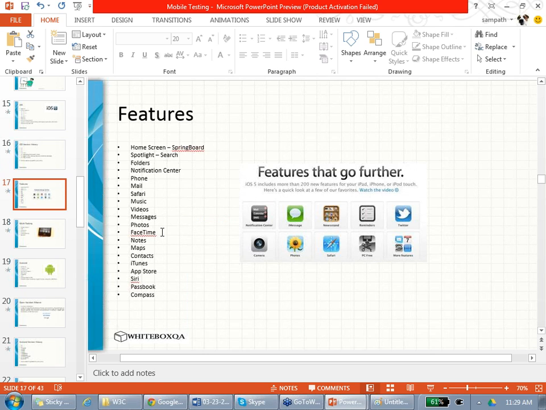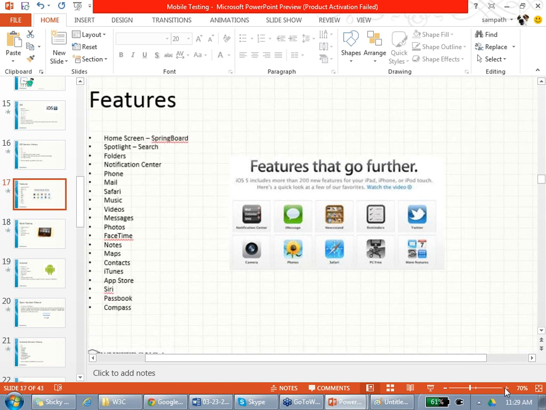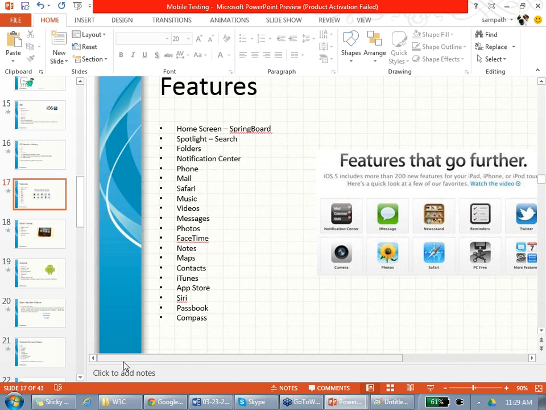Some features about iOS. When you are talking about iOS, what features do you generally see? There is a home screen, everyone knows. That is called Springboard. You should say Springboard, not home screen, please. There is a spotlight search.